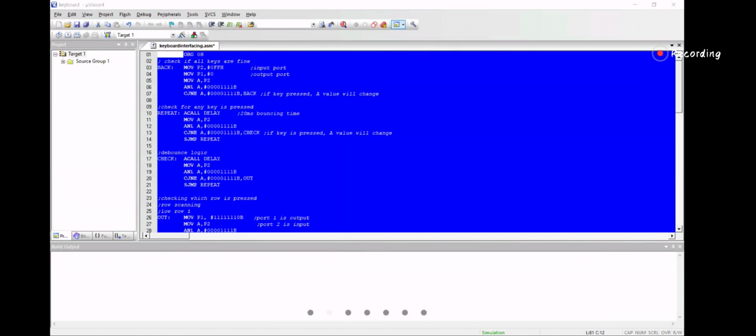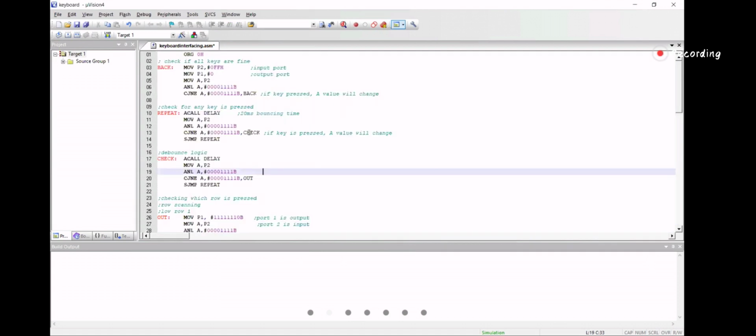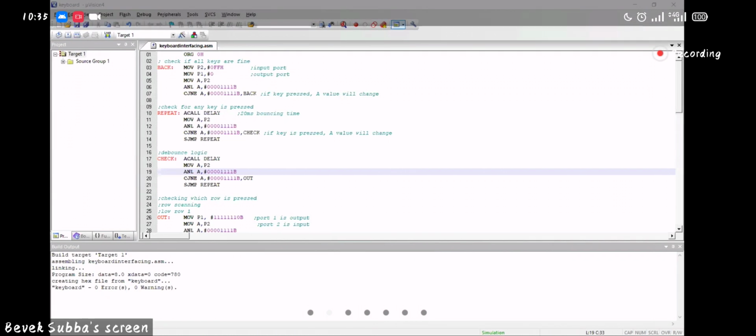And see the last portion. I forgot the last portion. I'll run. I've already run actually. The hex file is created. Then I put it in Proteus, then I will check.